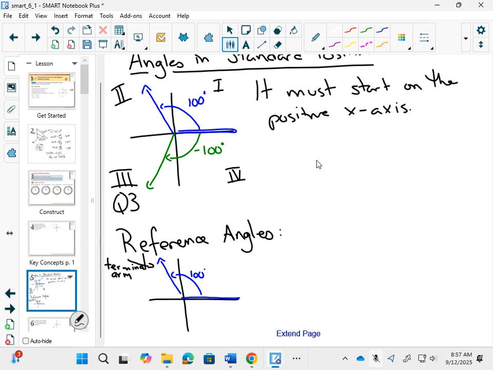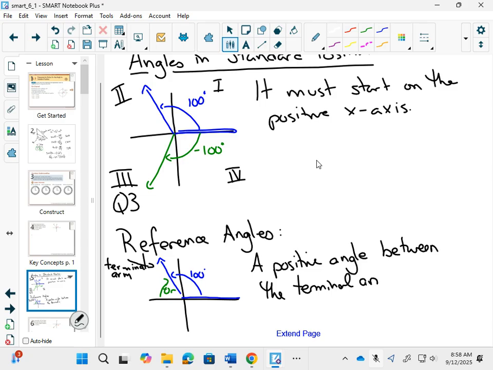But we call that the terminal arm of an angle. And your reference angle is always going to be a positive angle. So first of all, it's never a negative. So it's a positive angle between the terminal arm and the nearest